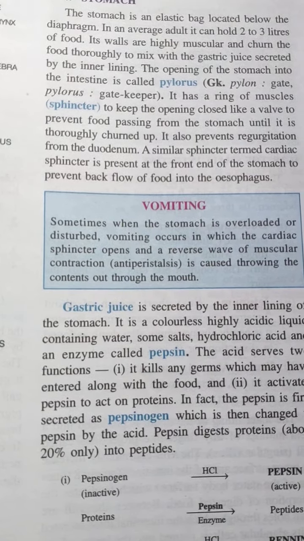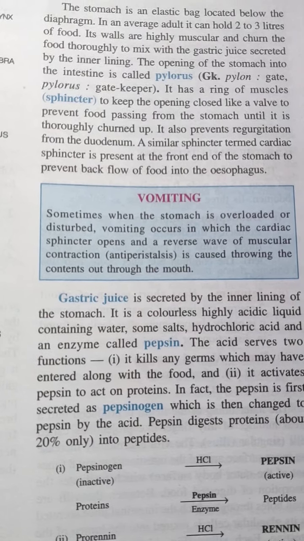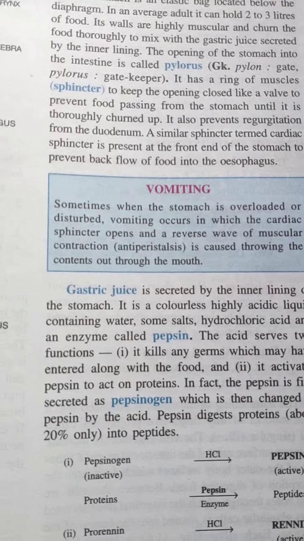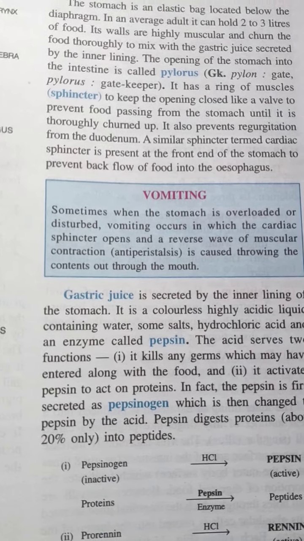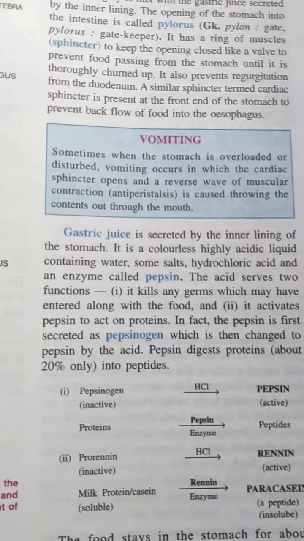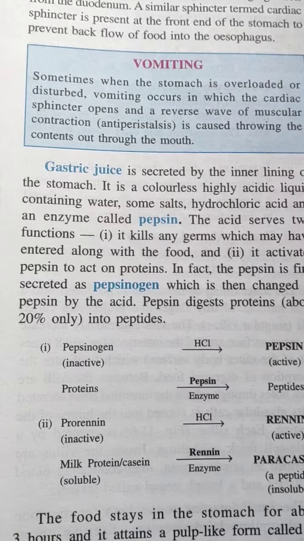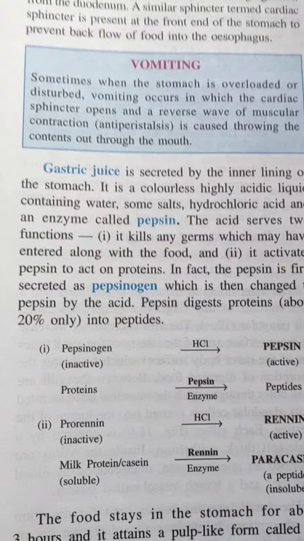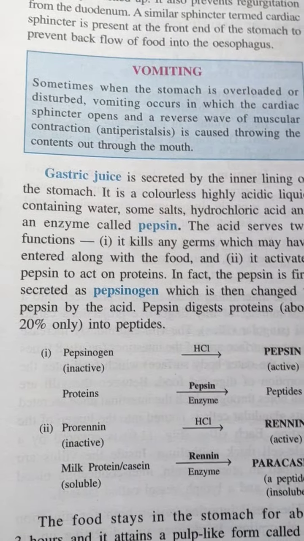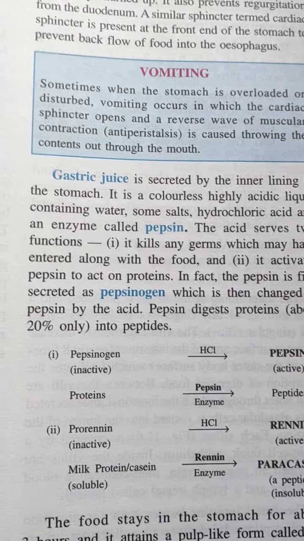It has a ring of muscles known as sphincter muscles to keep the opening closed like a valve to prevent food passing from the stomach until it is thoroughly churned up. Now, gastric juice is secreted by the inner lining of the stomach. It is a colorless, highly acidic liquid containing water, salts, hydrochloric acid, and an enzyme which is very important called